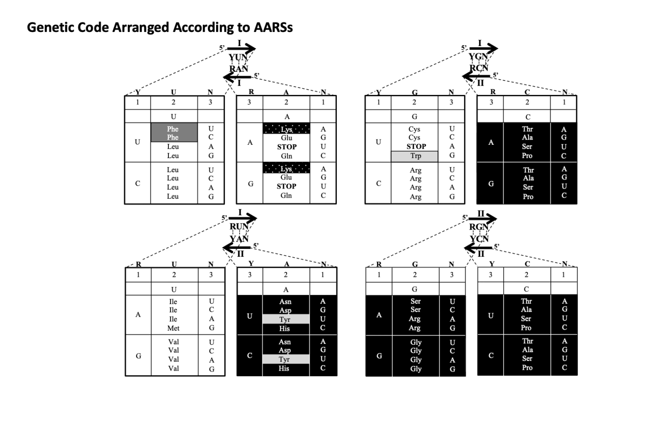And then the ones in black are the class 2 AARSs that attach to the opposite side of the tRNAs, and those are the amino acids that they place onto those tRNAs, recognizing the tRNA specifically. And they place the amino acids onto those tRNAs,